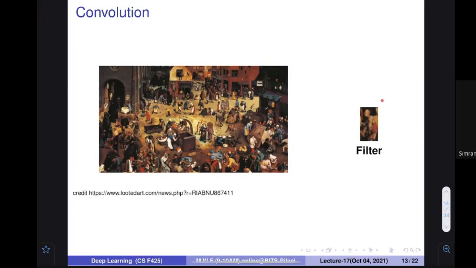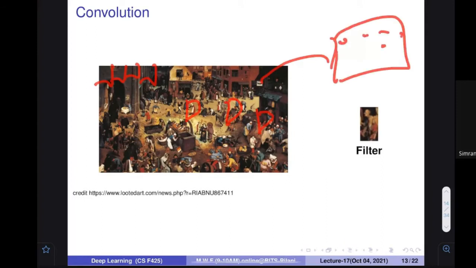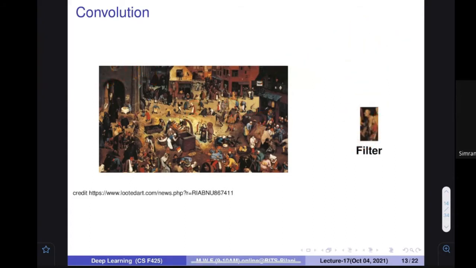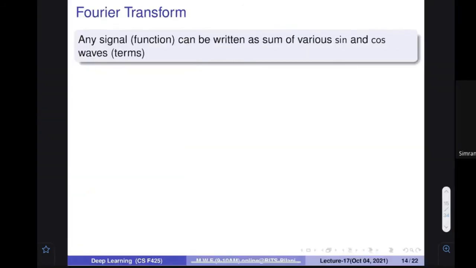And we have also seen that if this is the filter, and we apply the filter at various different locations, and create another image where I write the responses, the place where this particular thing appears would have the highest value. So you can think that if you want to search for something, it provides the maximum response at that particular location. Okay, so the image is taken from this particular source.